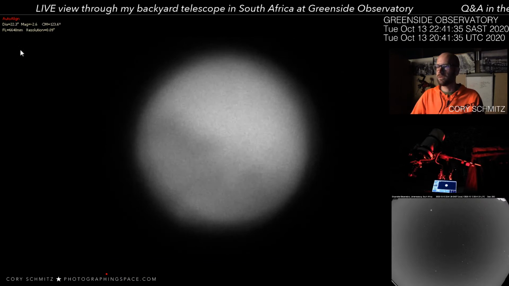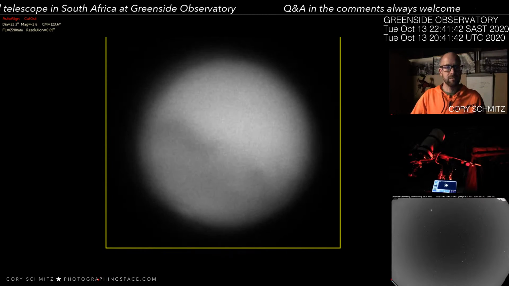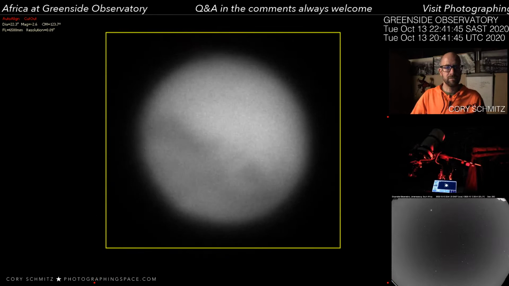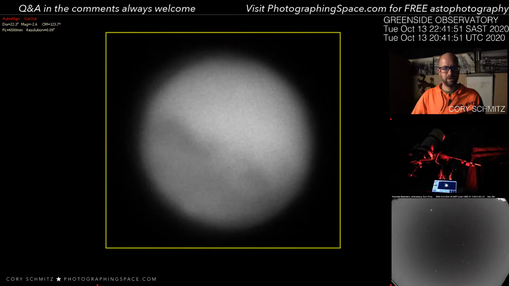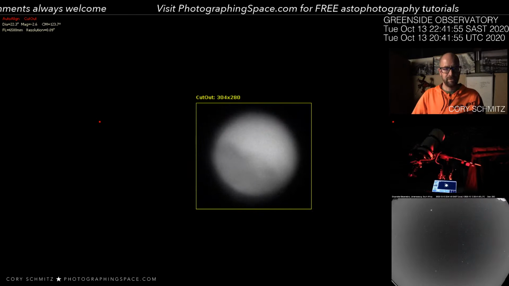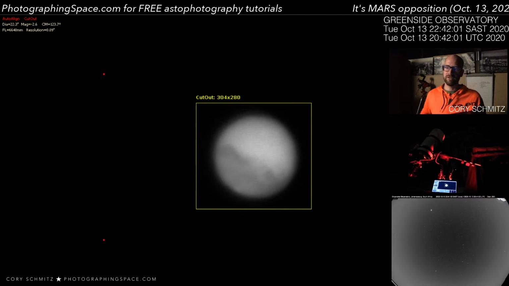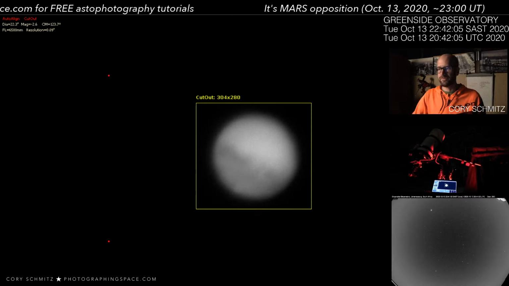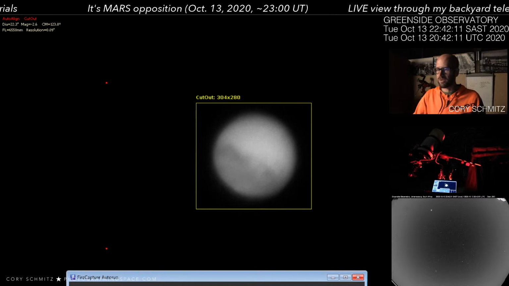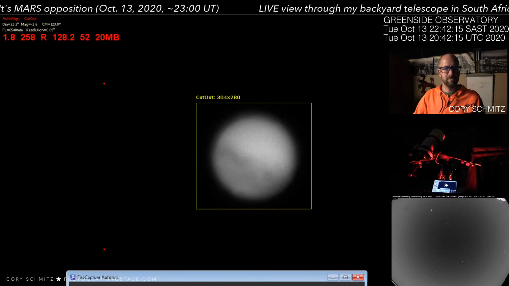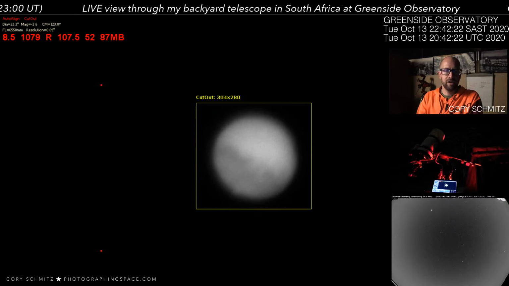So now what we need to do is I need to set that up. I'm only going to record what you see in that yellow box. What I see on my side is a little bit smaller because I have my pixels set. So 1 pixel on the screen is 1 pixel on the camera, so that helps me focus a little bit better and make sure I have the focus as good as I can. So I'm going to go ahead and start my acquisition. You can see up there in the upper left the countdowns and everything. It's going to automatically switch filters for me and capture